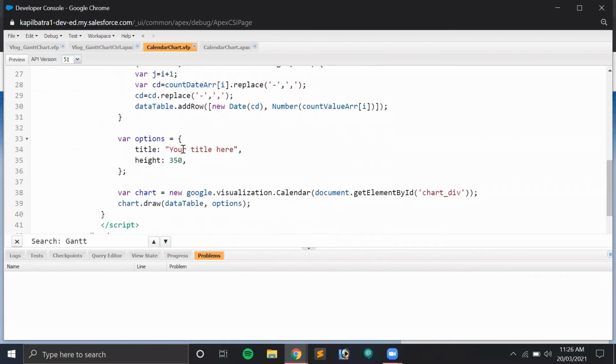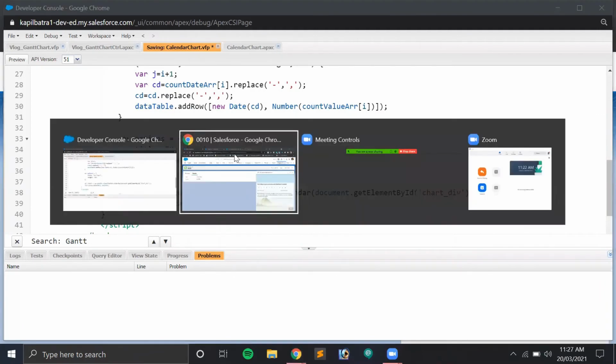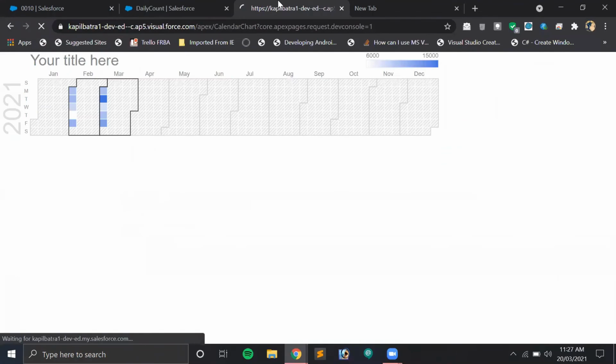And in options, guys, you can have multiple things, like you can change the title, you can change the height of this component, you can also change the color of this component. So those styling and all other things will be in the options itself. So as you can see, you can just put any title here. Let's say if I make it My Chart, it will just change the name there. Let me show you. Okay, so as you can see, the My Chart title is here.